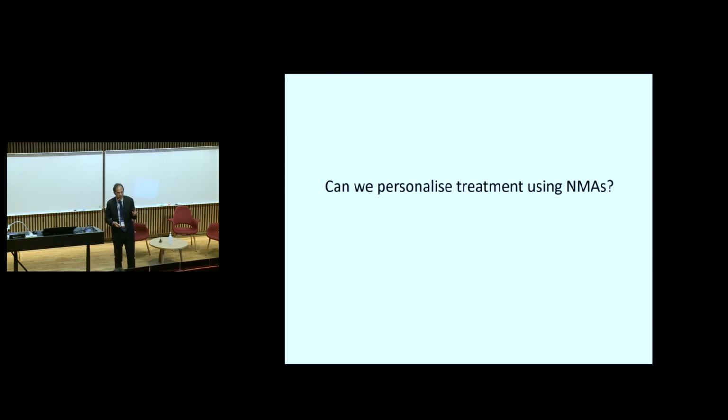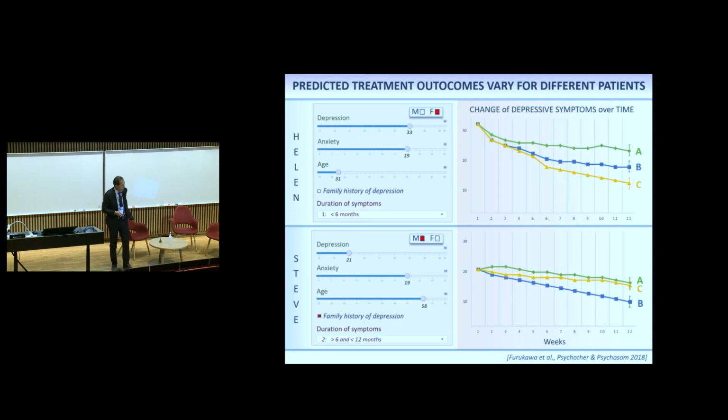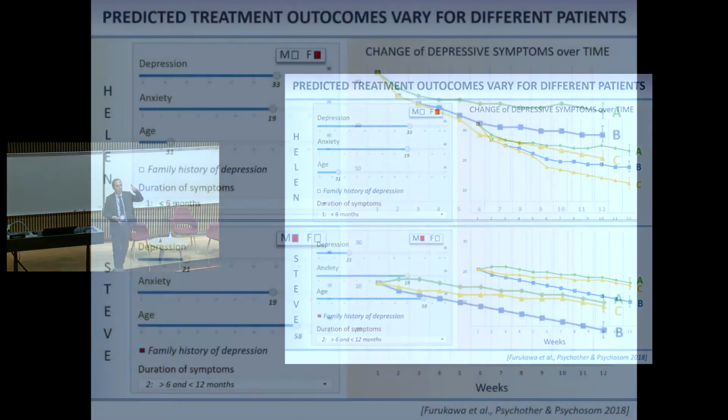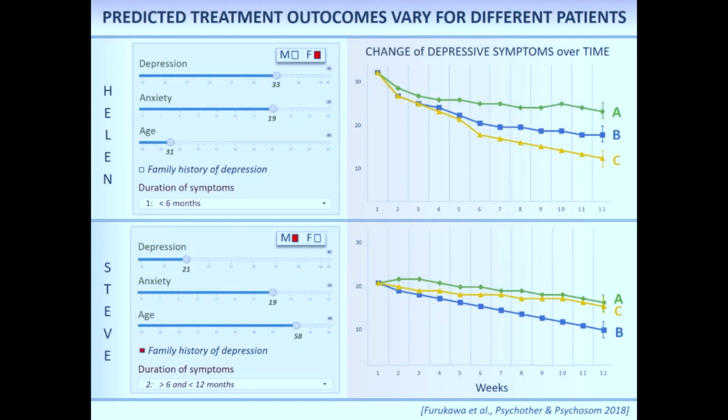The short answer is yes, I think. Let me show you an example, because we need two things. One is we need individual patient data. If we use aggregate data, we have averages of treatment, so we don't really go into the individual patient level information. This is a paper we published a few years ago